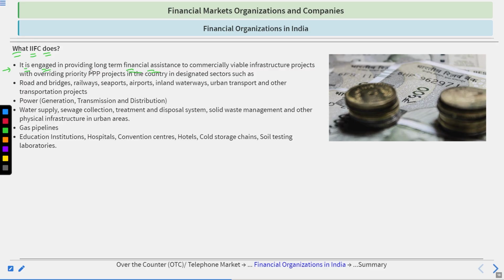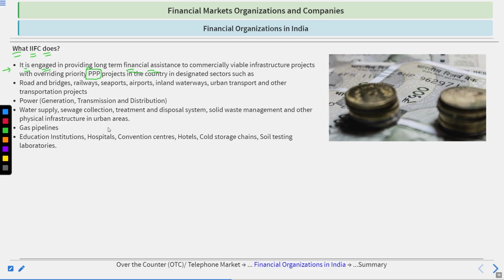Now, what are PPP projects? PPP stands for public-private partnership. Like we know, we have two types of organizations in the country: public organizations and private organizations. Okay, so in this manner, basically we bring them together and let them work together. Okay, so these projects are important for people's welfare as well as the country's economy. Okay, so if there is any PPP project, then it will get an overriding priority in IIFCL